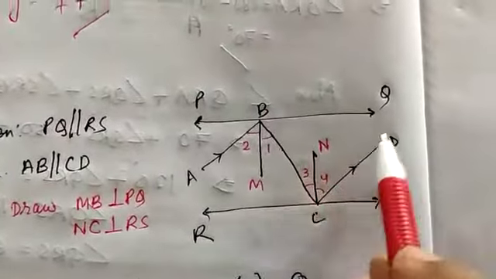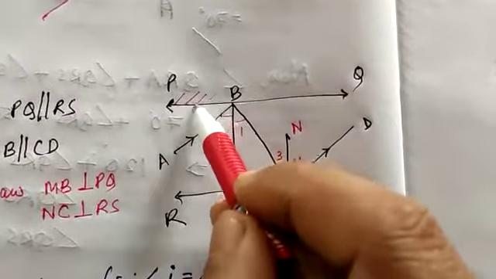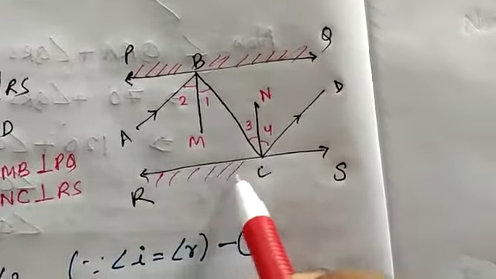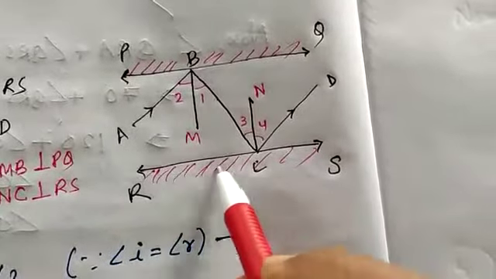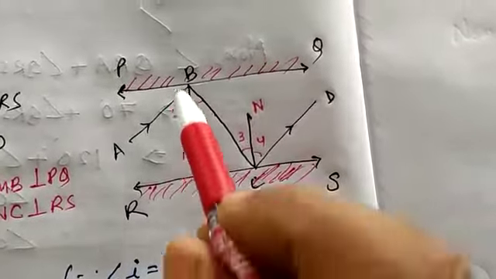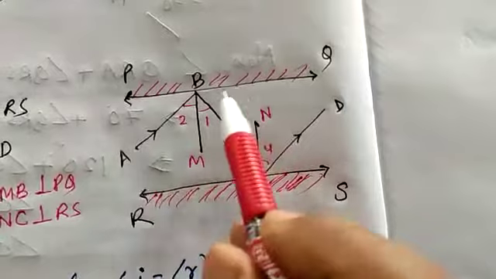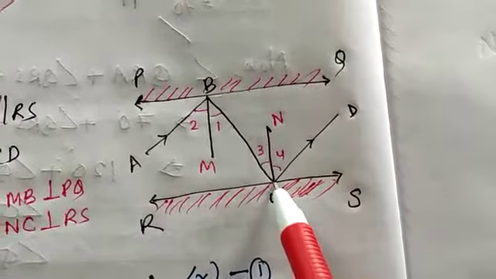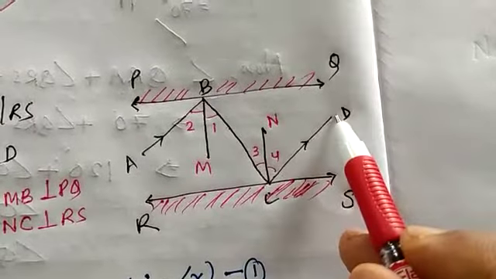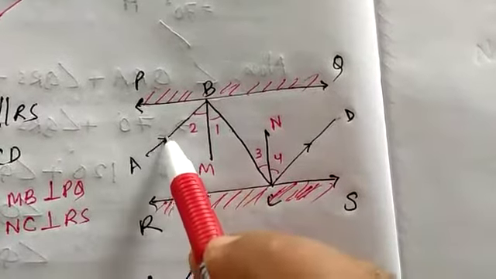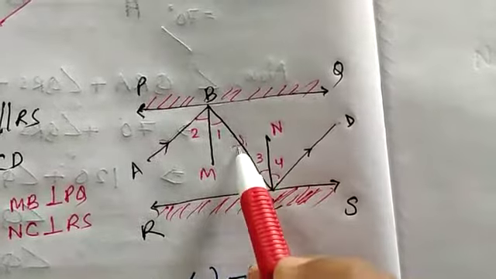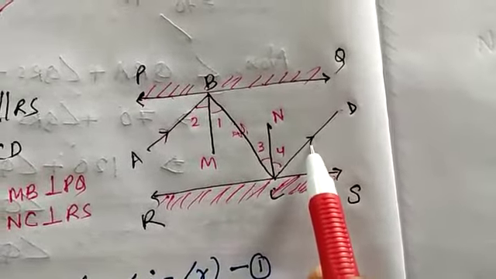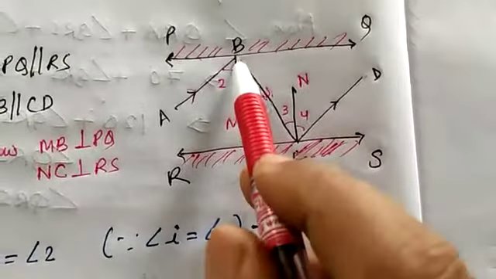Let's see question number 6. In question number 6, these two lines are mirrors, as given, on the opposite sides. So I am marking the non-reflecting part, the painted part, and this side is the reflecting part. If a ray of light falls on this mirror, it is reflected back here, again falls on this, and again bounces back. This ray is called the incident ray, and this is the reflected ray for this mirror; for the other mirror, this is the incident ray, and this became the reflected ray.